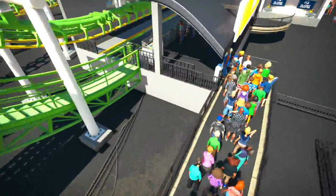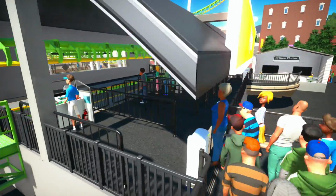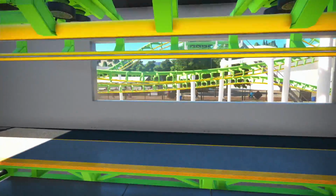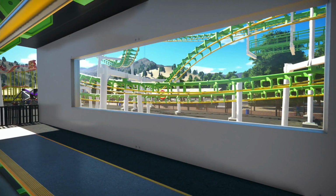The station hasn't got loads to it. It is just this small kind of slanted roof. Don't worry, the guests do fit underneath. And then what I've also done, I've put in this window at the end. Now the reason for that, I could say really cleverly,